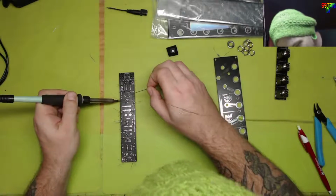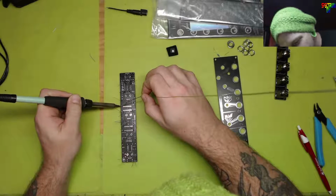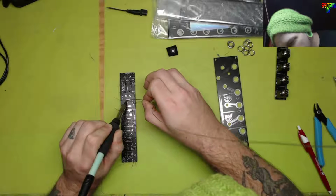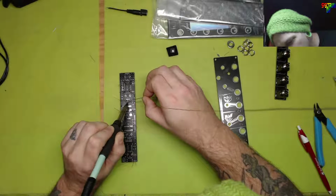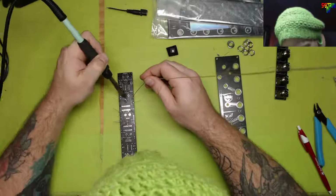It's been a day. I still didn't drink my coffee. I've stuck all those resistors in and didn't even take a sip of my coffee. It's probably cold by now. But yeah,